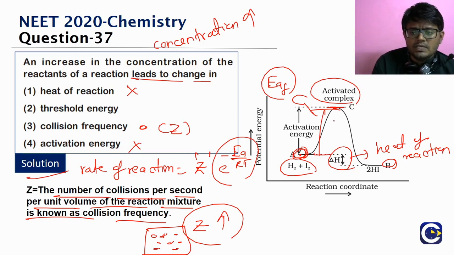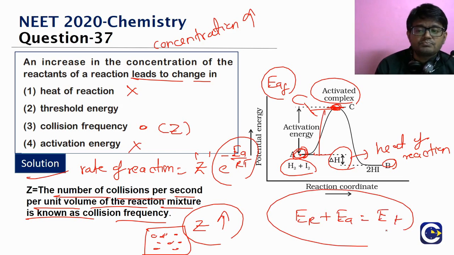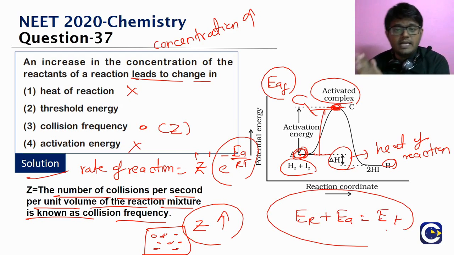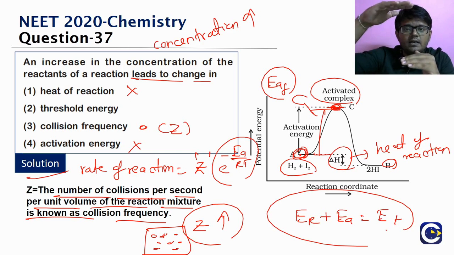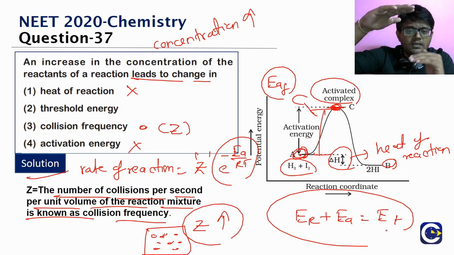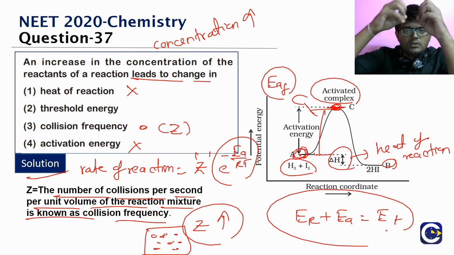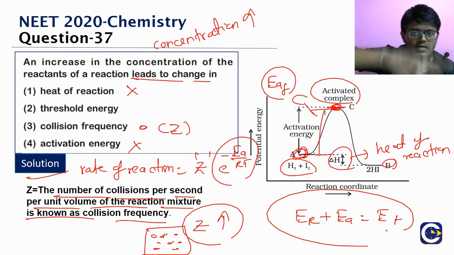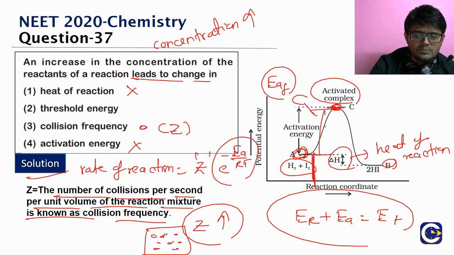What about the threshold energy? The total energy that is required to form the activated complex is the energy of the reactants plus the activation energy. This is what we call the threshold energy. It is the energy that a particular reactant molecule must possess in order to lead to the formation of product. The gap between the reactant energy and the activated complex energy is the energy of activation. So the actual total energy value that a substance must possess to go through the reaction is the original energy of the reactants plus this much. That is what we call the threshold energy.